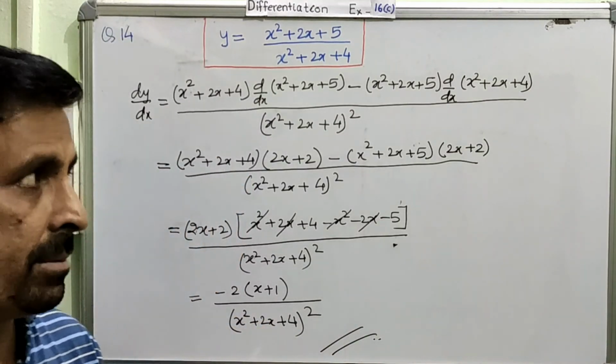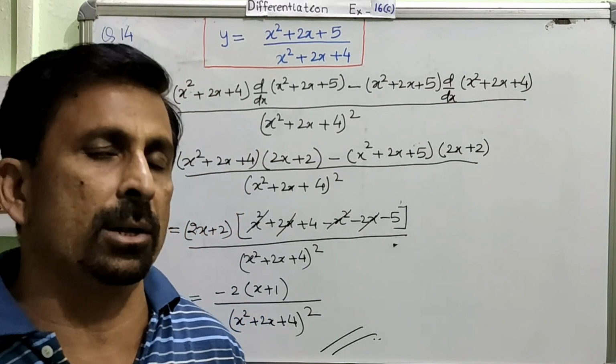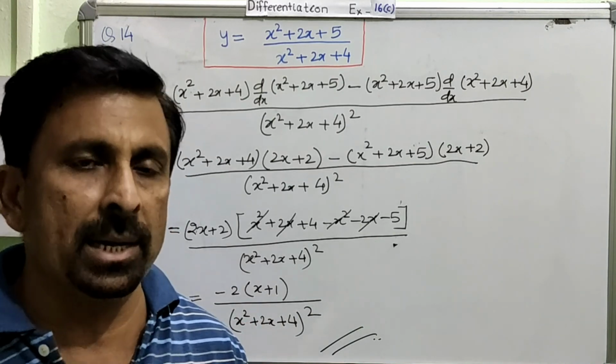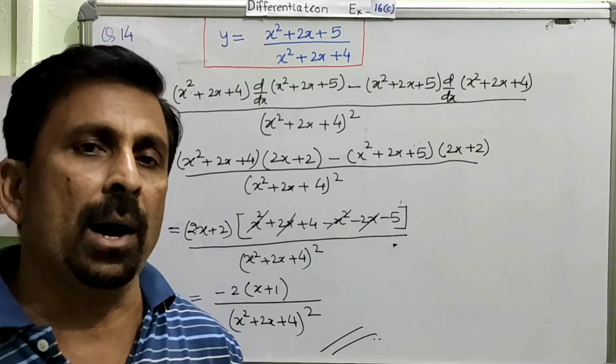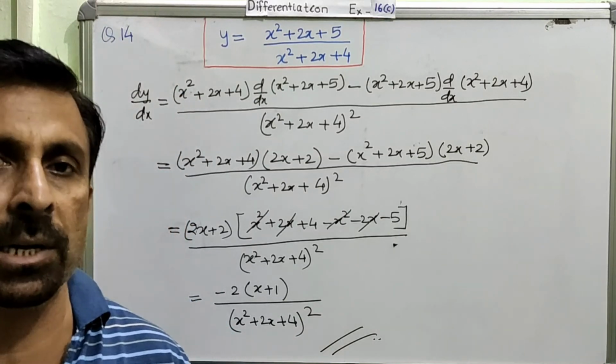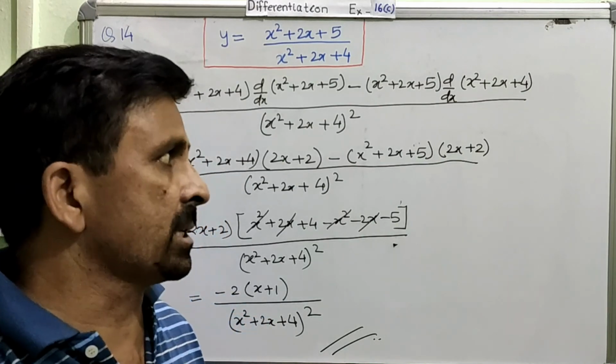So today we have seen a few examples on the product law form and then also on the quotient law form. With this many examples, at least you might have got a very clear idea of how to differentiate a function given in the product form and how to differentiate a function given in the quotient form. Clear? So today we are ending the session here itself.